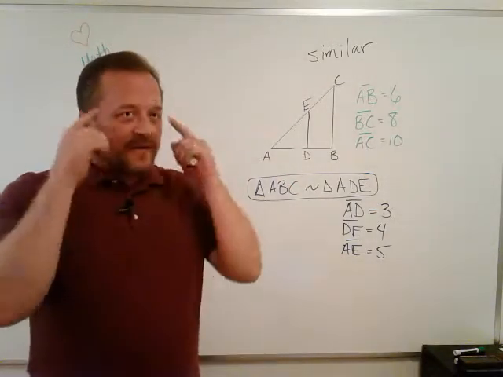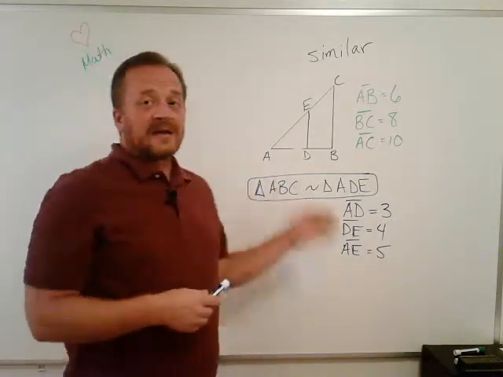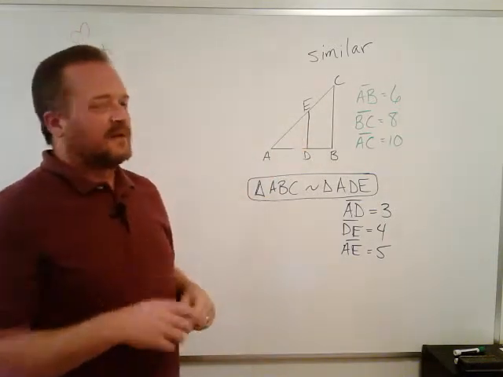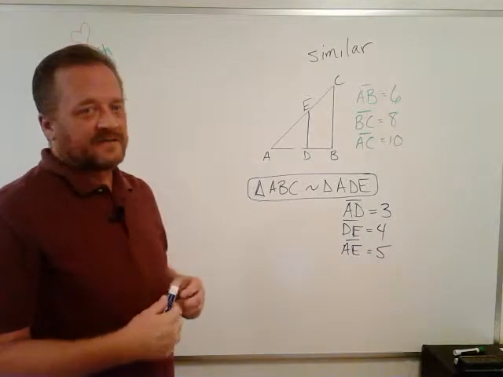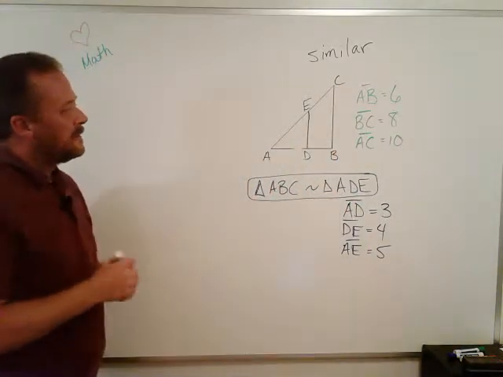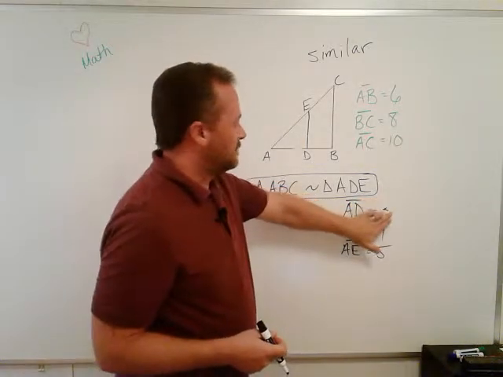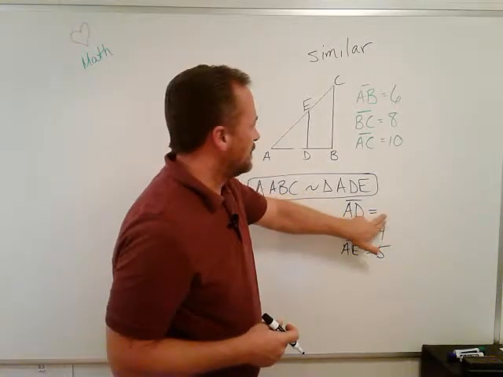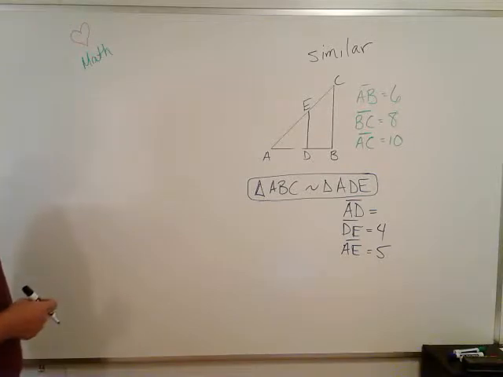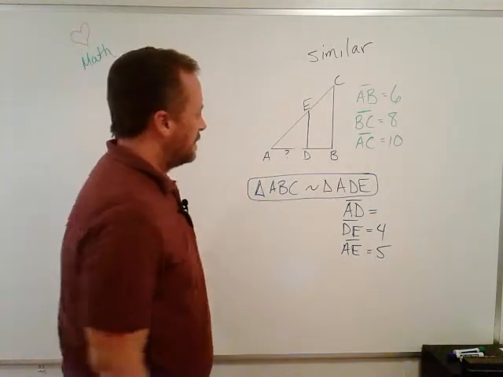Now again, you're probably thinking, oh, I can totally see what's going on here, but I want to keep the examples simple just so you can see the process that's happening and the fact that just because two triangles are embedded doesn't mean that they're not similar or that we can't work the magic inside, okay? So, let's just say that we didn't know, we do, but let's just say that we don't know the measurement of AD, this little guy right inside, okay? I don't know this side length,